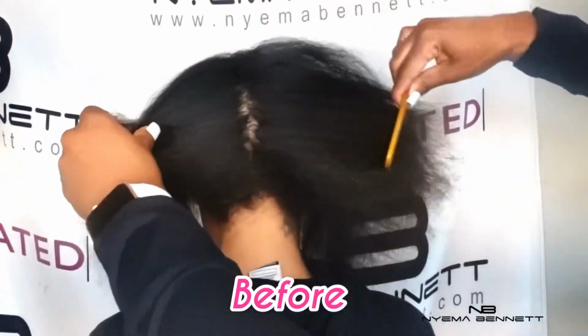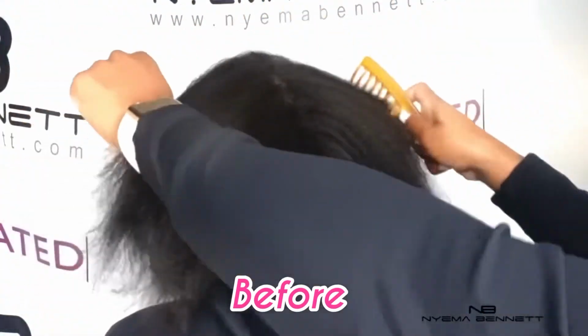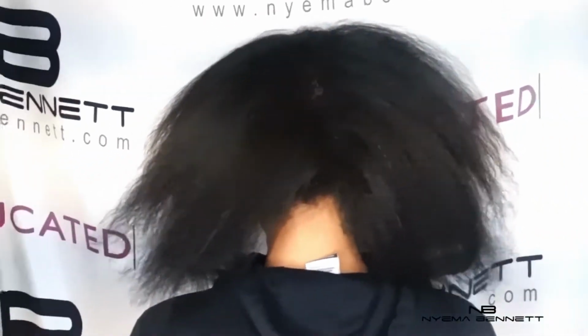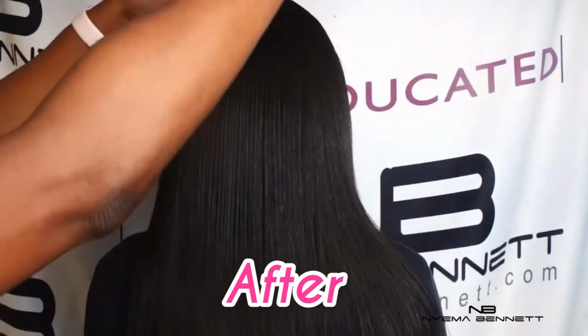I am super excited to be teaching you guys this technique that I learned called the Lux with Microlinks. This is how it looks after. Undetectable, beautiful. Let's go. First and foremost, you want to make sure that you shampoo the hair really, really good,